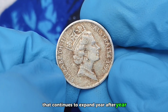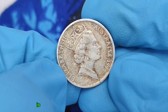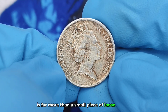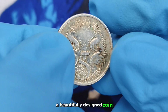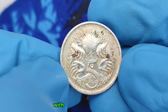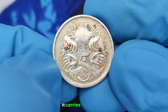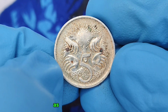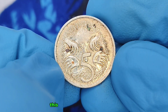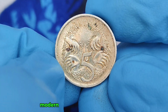year after year. In conclusion, the Australian 5-cent 1996 coin is far more than a small piece of loose change. It is a historical object, a beautifully designed coin, and a high-demand collectible with real market momentum. Even in dirty circulated condition, it carries authenticity, character, and strong collector appeal. As interest continues to grow, this coin holds exciting potential and remains one of the most promising modern Australian coins